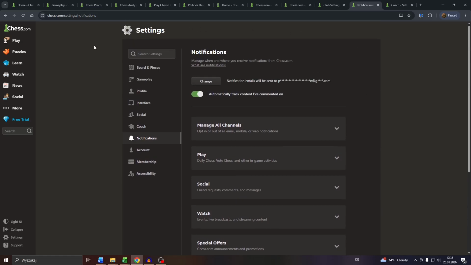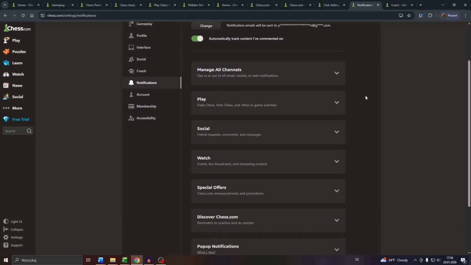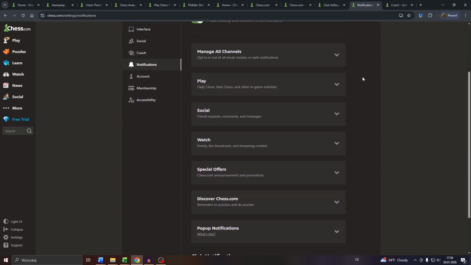So navigate to chess.com in the first step. Next, click into settings in the bottom left. After that, click into all settings. And here inside your account settings, navigate to notifications, and here simply go through these notifications and customize these, for